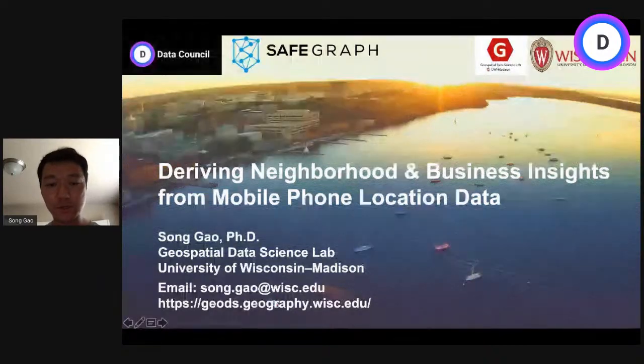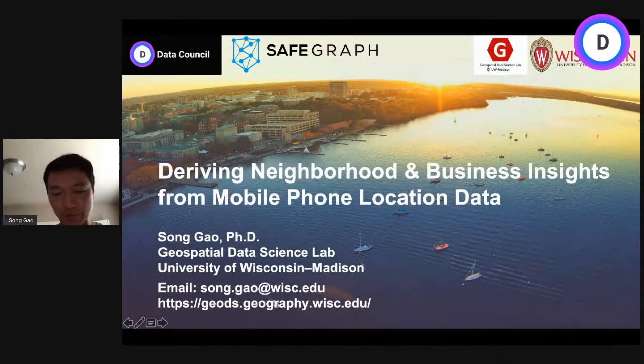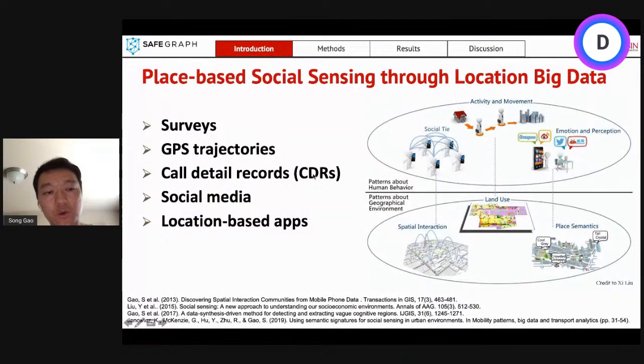Okay. So today I'm going to talk about the data and also the recent work we analyzed about neighborhoods and business insights using the mobile phone location data. Our topic is more aligned with place-based social sensing through location-based data. And in our lab, traditionally we utilize surveys, GPS trajectories, and also collaborating with some phone call companies using the call detail records, CDRs, or using social media, or until recently using the location-based apps, to understand human mobilities